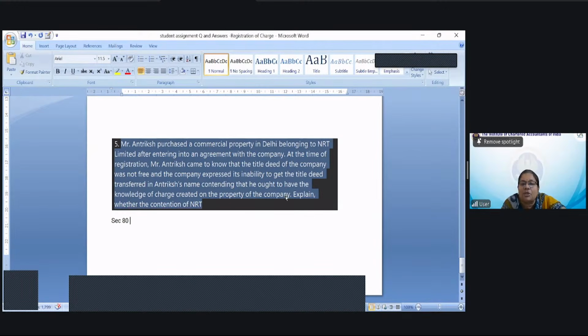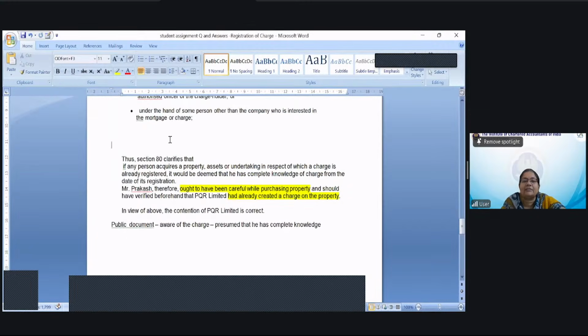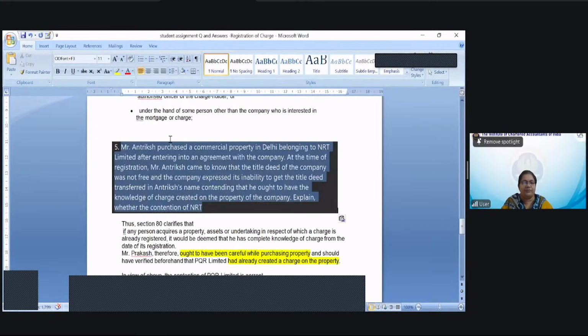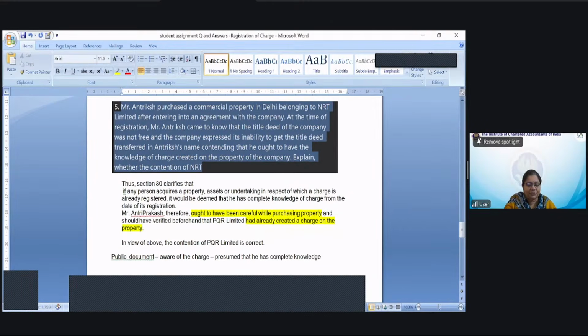This question is also frequently repeated, right? For this you should have to answer it this way. Section 80 clarifies that if a person acquires a property, assets, or undertaking in respect of which the charge is already registered, it would be deemed that he has complete knowledge of the charge from the registration. So instead of Prakash, you can write it as Mr. Antriksh